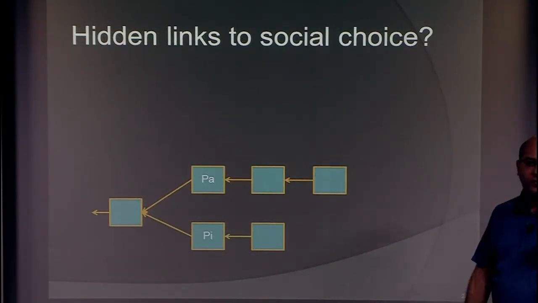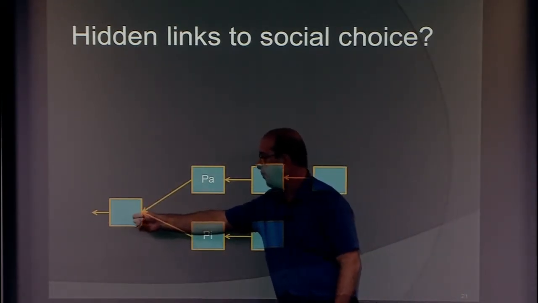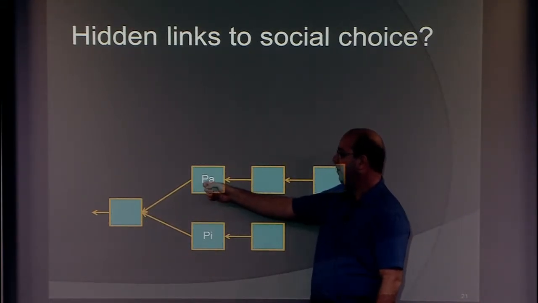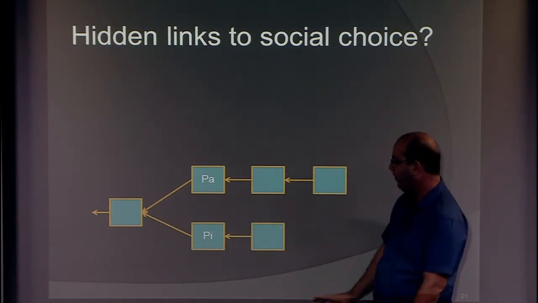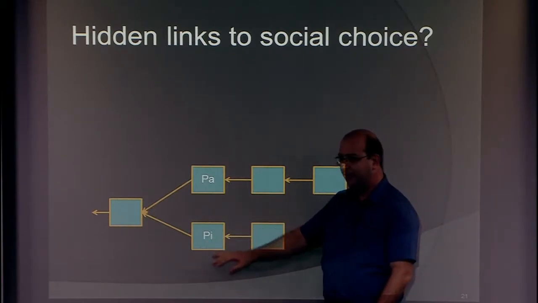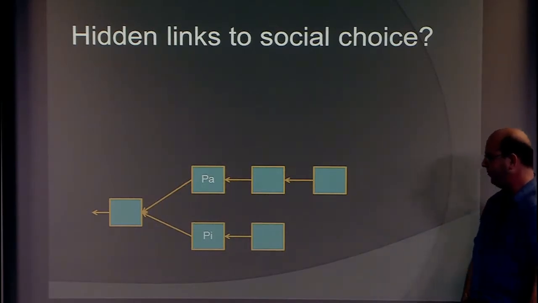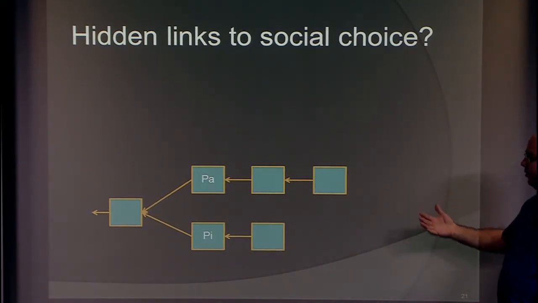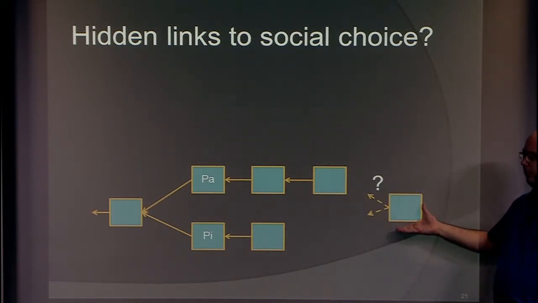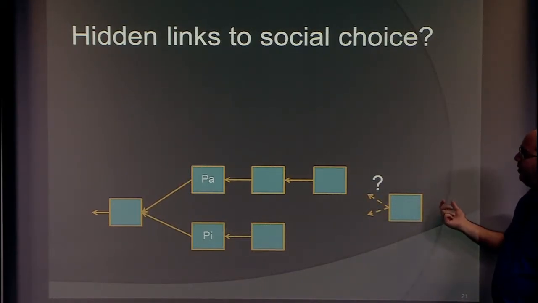So I want to show the intuition of the link to social choice, right? So think of the longest chain protocol for a moment, facing these 2 chains. Let's say there's a transaction here where somebody wants to buy pasta for some reason, and a different transaction here, not necessarily by the same person, who wants to buy pizza. Okay, so I'll call these pasta and pizza just because it's easier. Now, when we build another block on top of this chain, what are we supposed to do? Right? So the rule basically tells us to extend the longest chain, but I want to show you a different way of thinking about it.